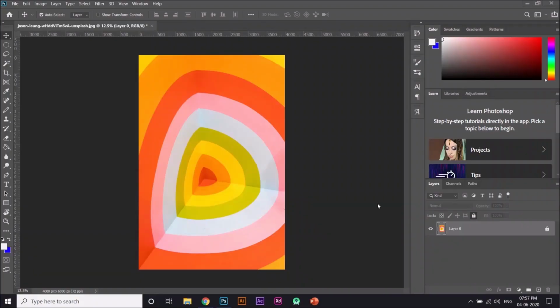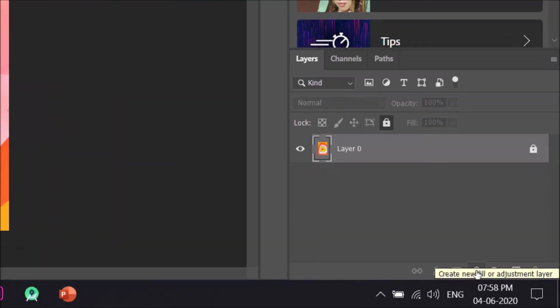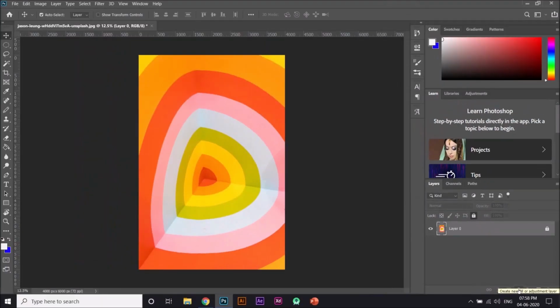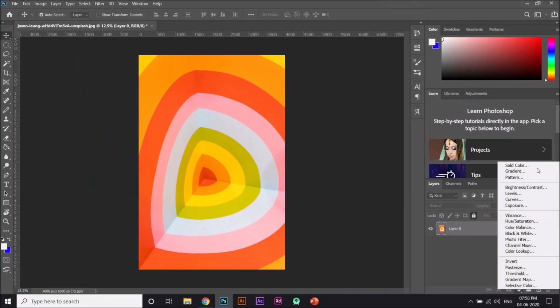So today we will be learning about adjustment layers in Adobe Photoshop. Adjustment layers are nothing but layers which are used something like a filter or some effect on a layer which is already present. Right here I have already imported an image in Adobe Photoshop. So let me go here, right here. This is where you can find adjustment layers. So once you click on it, you can see multiple options pop up. So here I can just select each one and I'll show you.